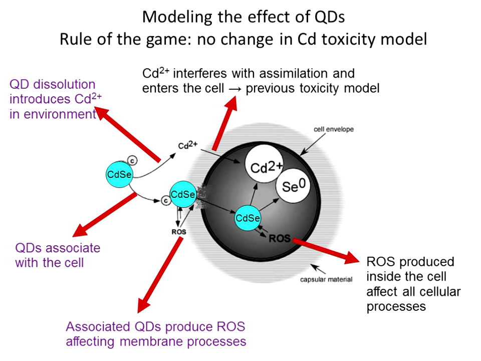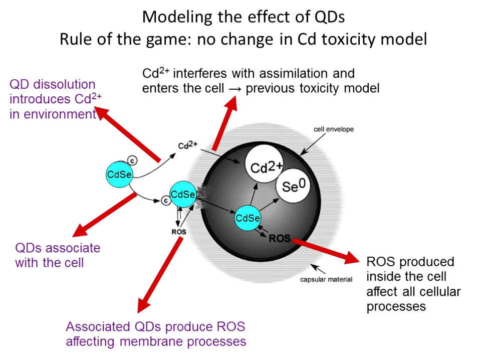The next stage, which again I think is a strategy that is going to be followed in quite a lot of work on nanomaterials, was to go back to the schematic I showed originally, where we had both effects from dissolved cadmium and effects that were directly associated with the nanoparticles, the quantum dots. But now, having come up with a model of cadmium toxicity, we imposed a new rule